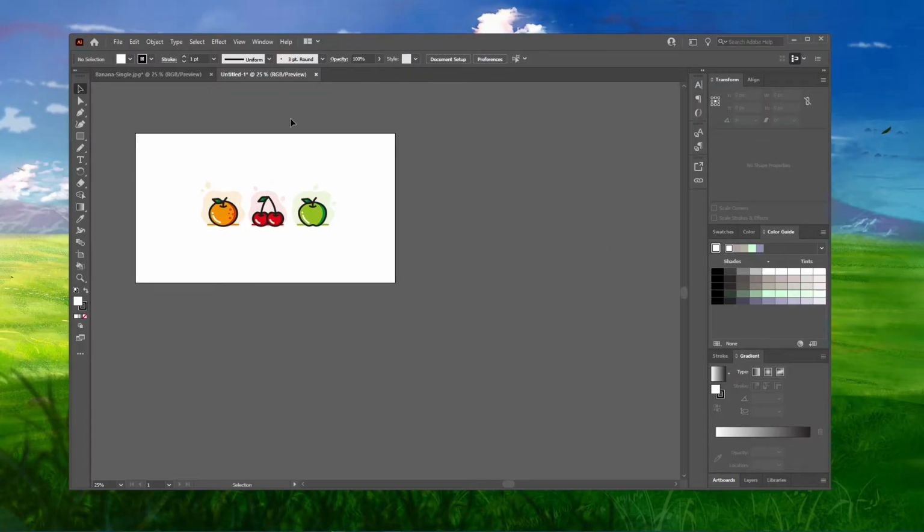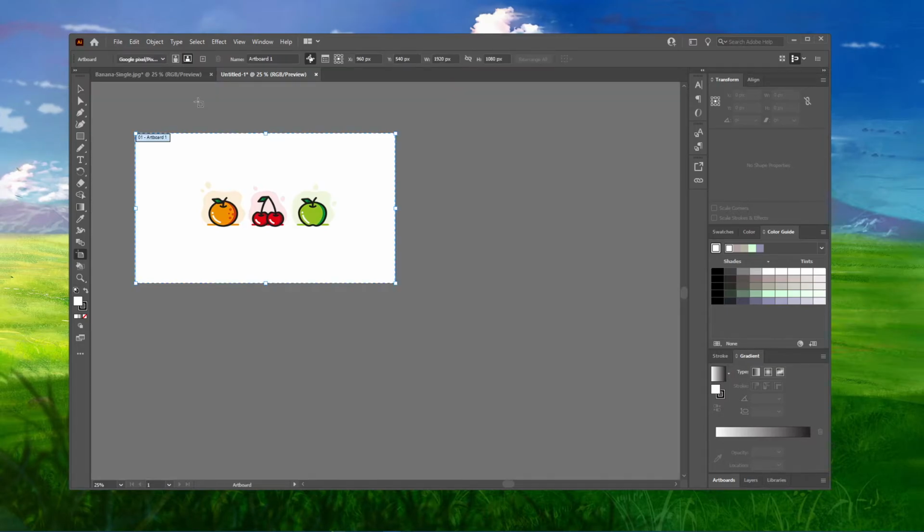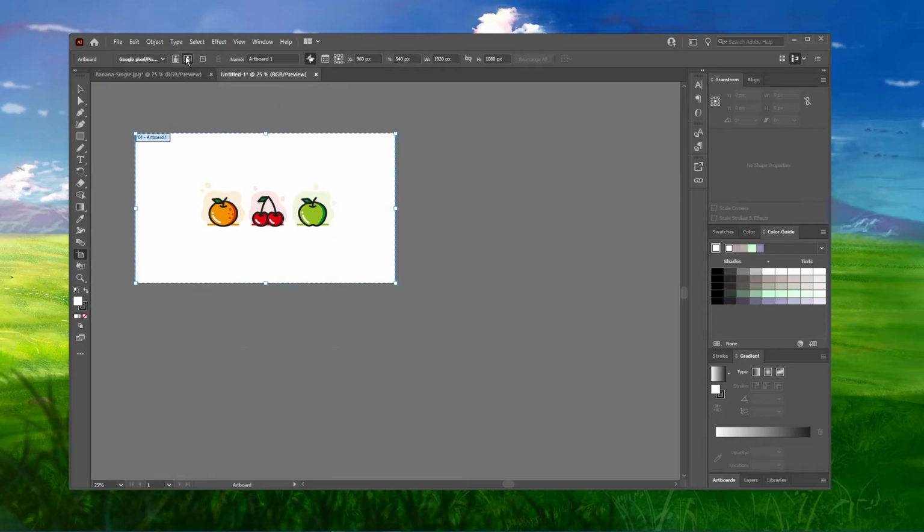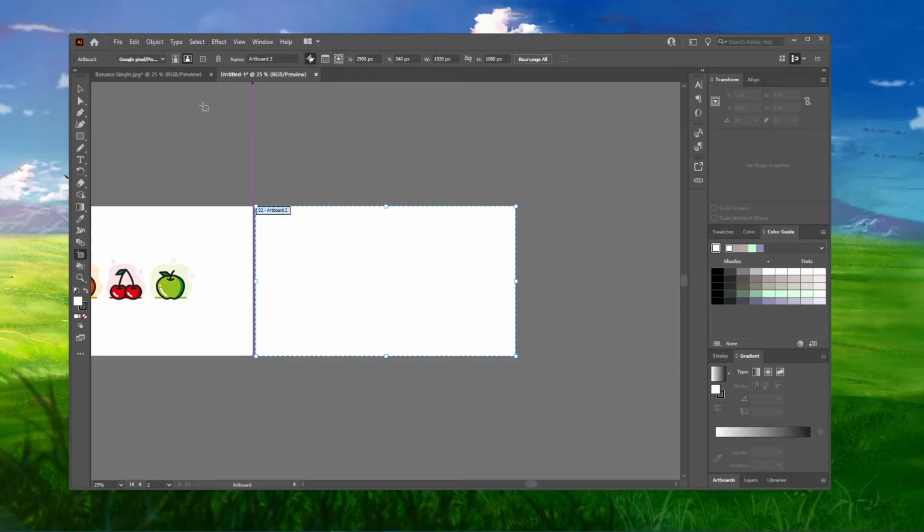Next, use the shortcut Shift and O. This will open up your artboard settings up here. Change your artboard in this drop-down menu. You can also change the orientation from portrait to landscape, and lastly, add a new artboard when clicking on this